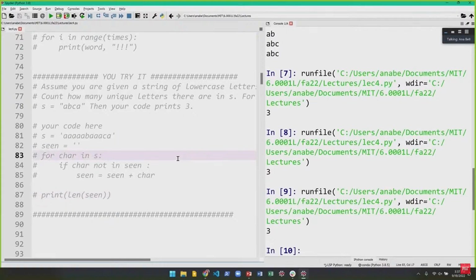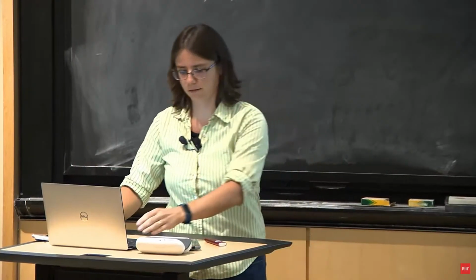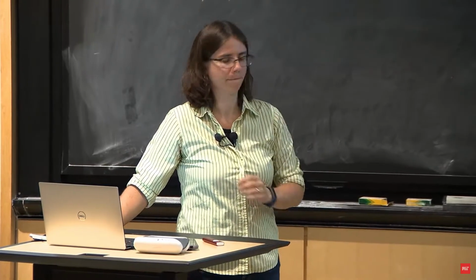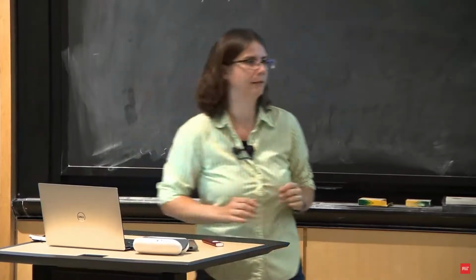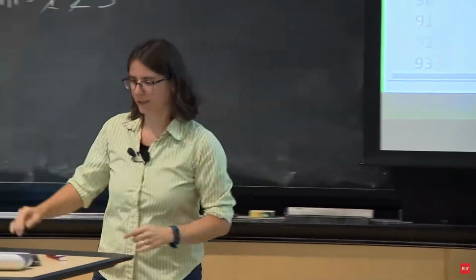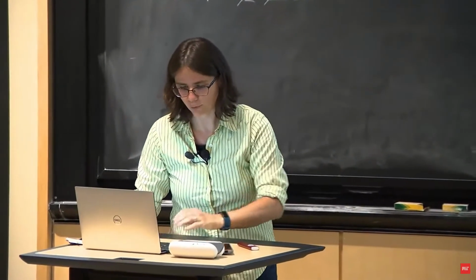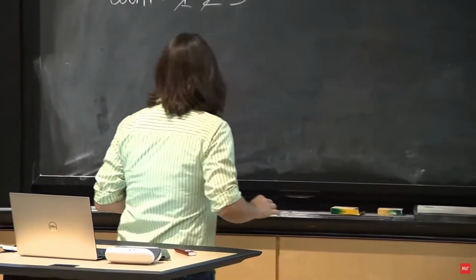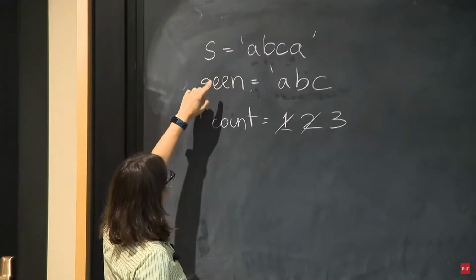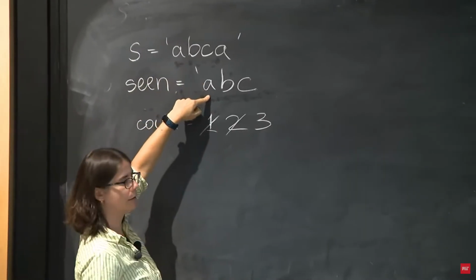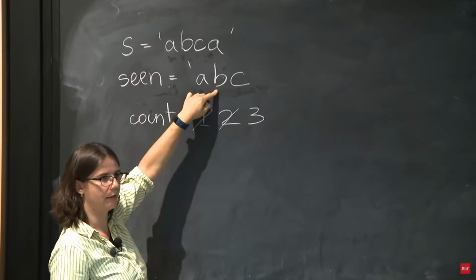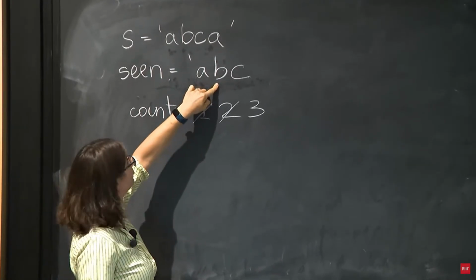Other questions about the code? Sorry, say again? Why are we printing the length of scene here? So we're printing the length of scene because we see that whenever we add a unique character to this scene variable, it's one that we haven't actually seen before, right? And so the